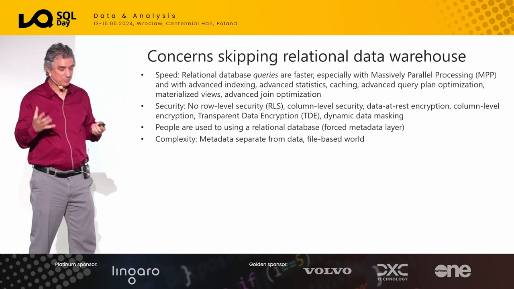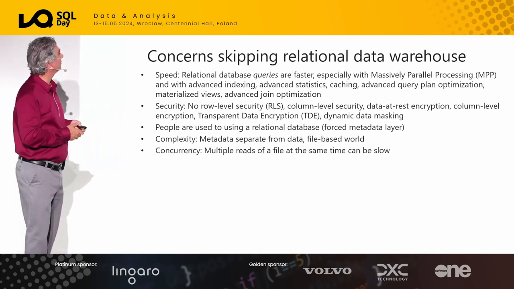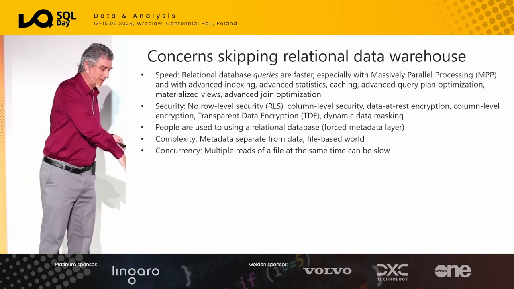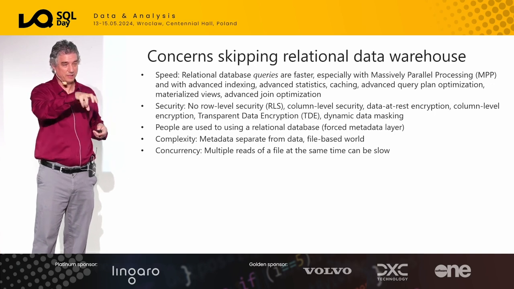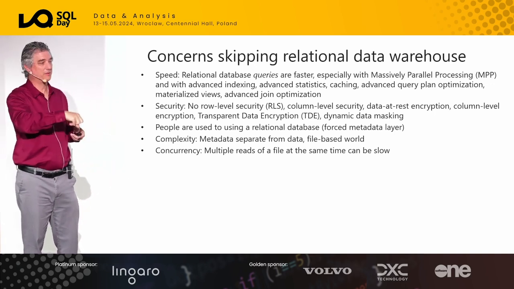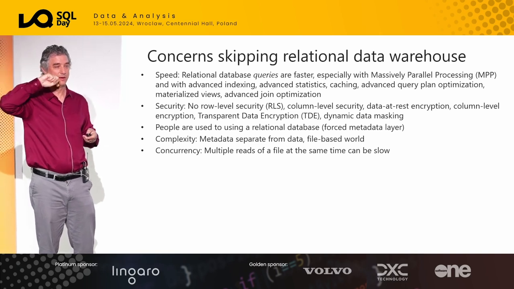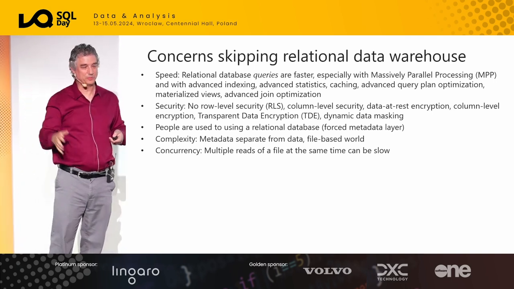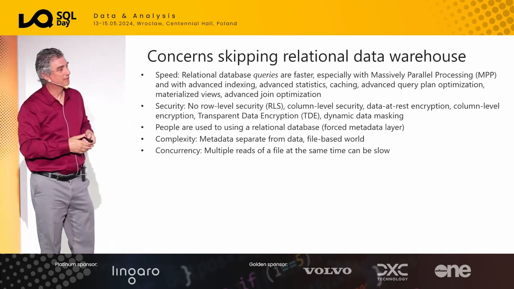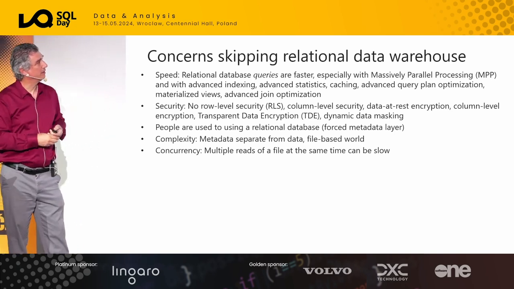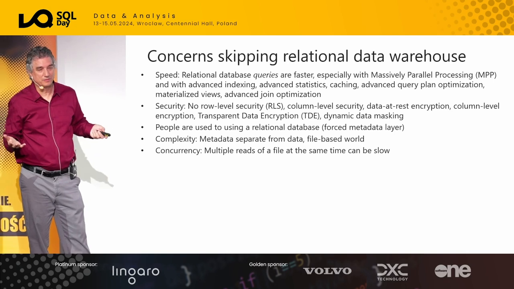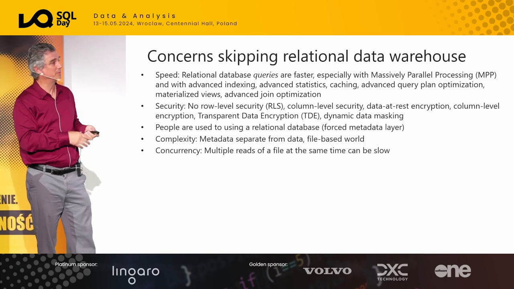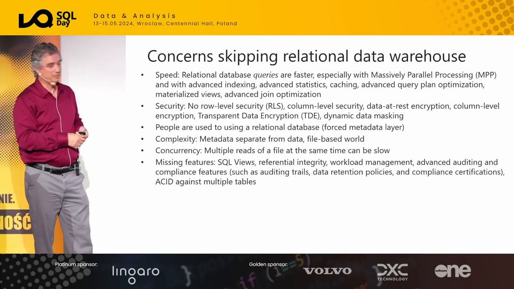There's the file-based world, as I hit on, that could be very confusing for end users. And concurrency can be very slow in a Delta Lake if you're having hundreds or thousands of users hitting a certain file. That's just not going to give you the performance you would get from a relational data warehouse where it's been around for years. SQL Server can support 1 million transactions per second. You would never get that in the world of a Delta Lake. Now, in most cases, this is a data warehouse. I don't need that concurrency, so that's usually not a problem, but it's just something to be aware of. And then there are a lot of missing features.